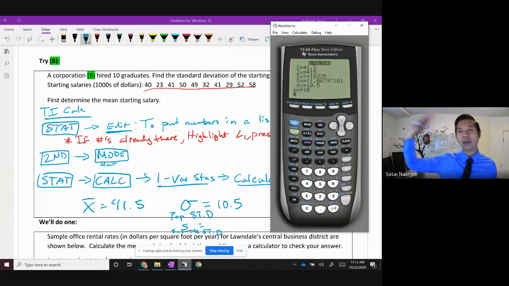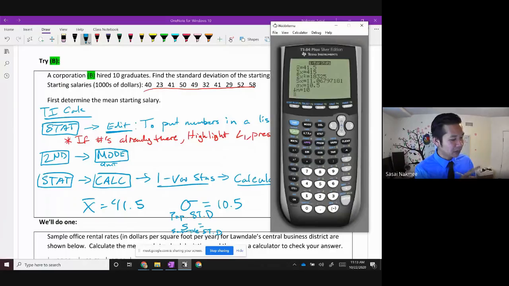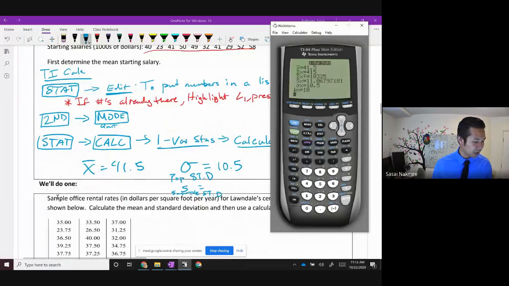I'm not looking at every single worker there. I'm looking at every single new hire, and there's only 10 graduates, so it's the population. I'll do a better job on future problems to let you know if this is a sample or if this is a population. If you look at the next example right below here,